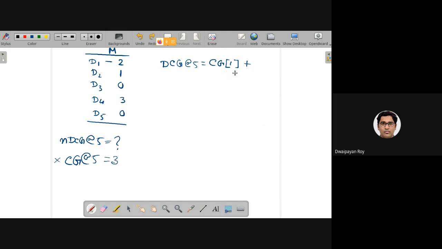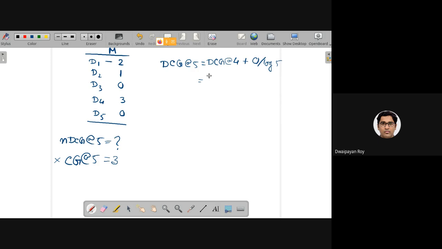So let's go step by step. It will be easier for you to understand. DCG at 4 plus G at 5. So G at 5 is basically 0 by log 5. So this is 0.